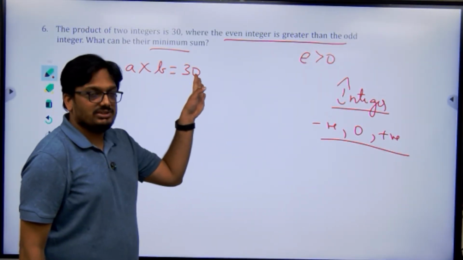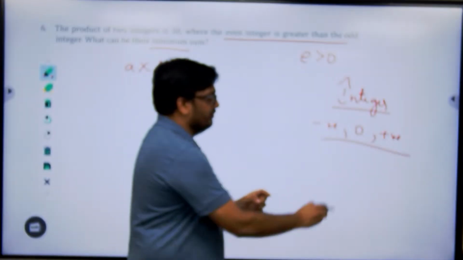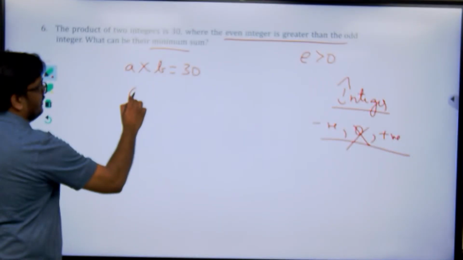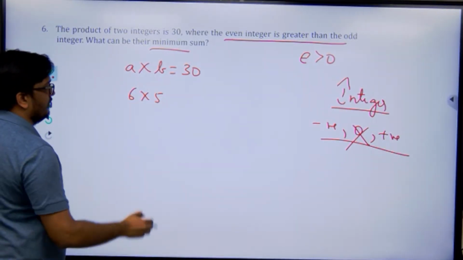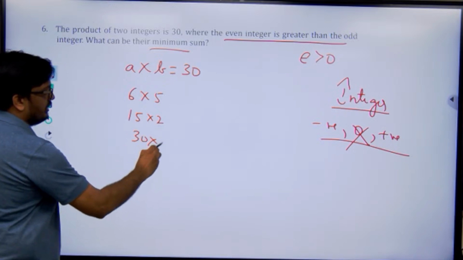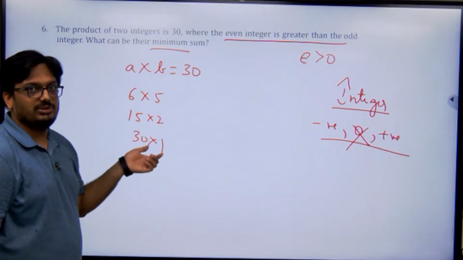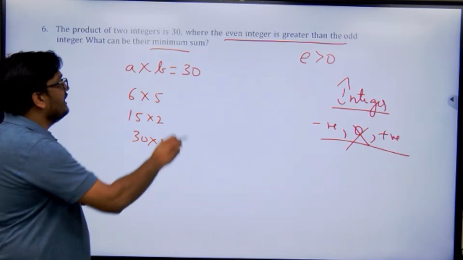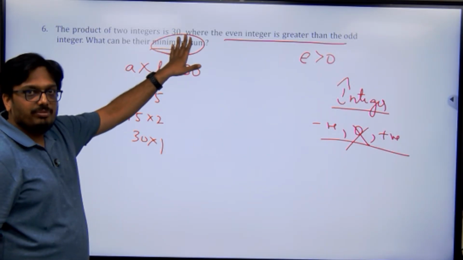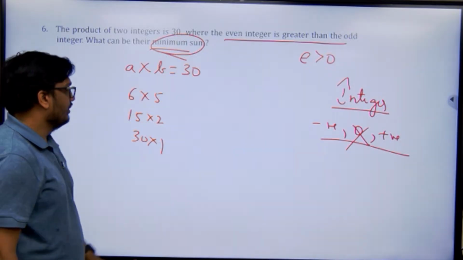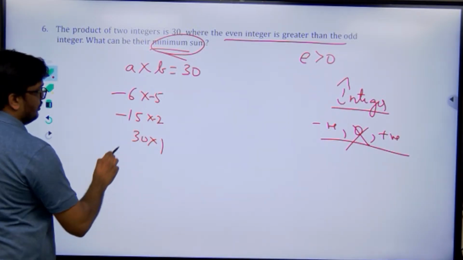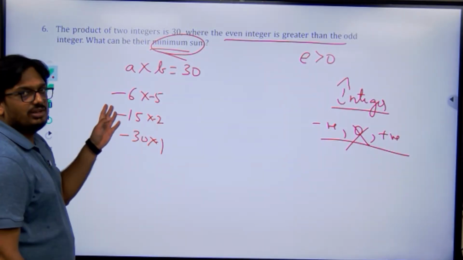Product of two integers is 30 means it can't be 0. It may be negative or positive. For example, 6 5s are 30, 15 2s are 30, 30 1s are 30. All are possible. But they are asking about the minimum sum. If the sum is minimum, the integers should be negative. Therefore, minus 6, minus 5, minus 15 into minus 2, minus 30 into minus 1, because minus into